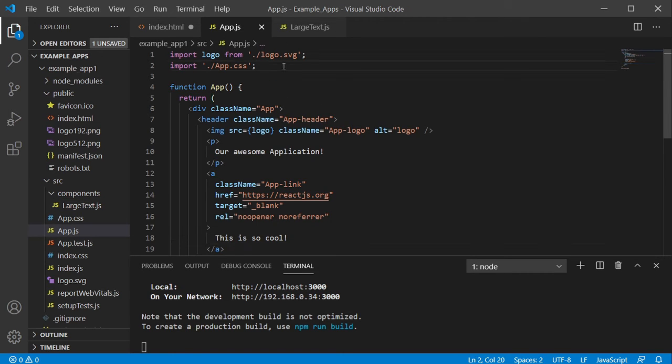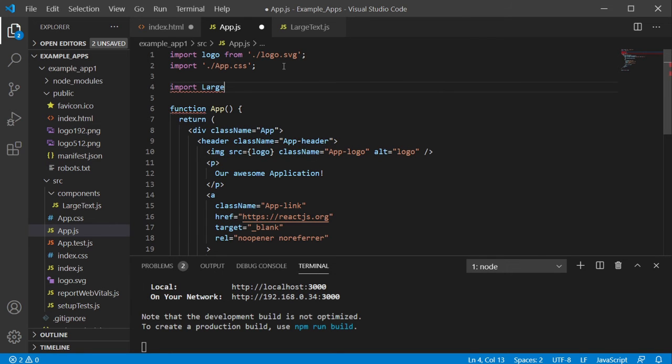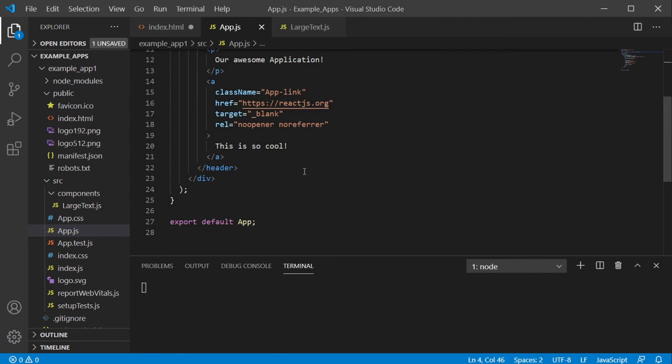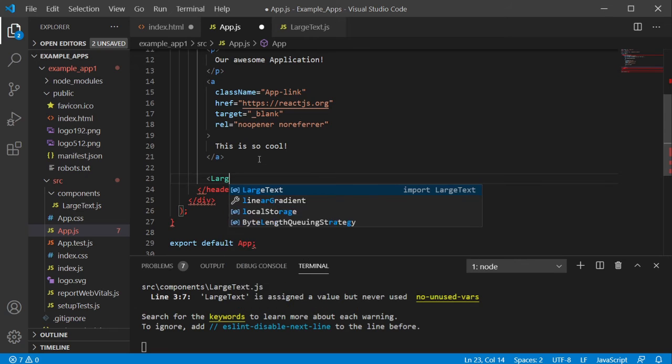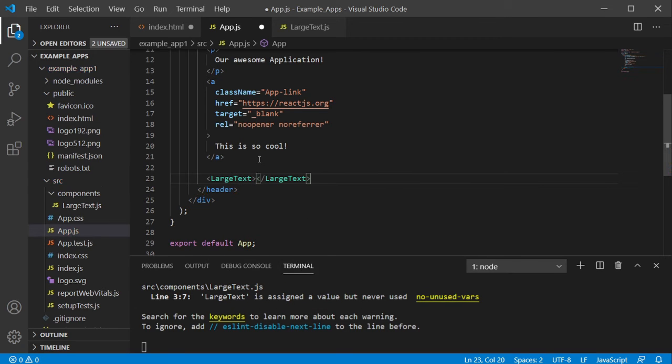And if we go over to app.js, we can import LargeText from components and come down here. And you can set your components up like this to render whatever is inside here. But right now we're just going to create a self-closing tag, which if you're familiar with HTML, you'll be familiar with these tags right here. So now we're going to pass down a prop, and the name of it was inputText. So we're going to set that equal to